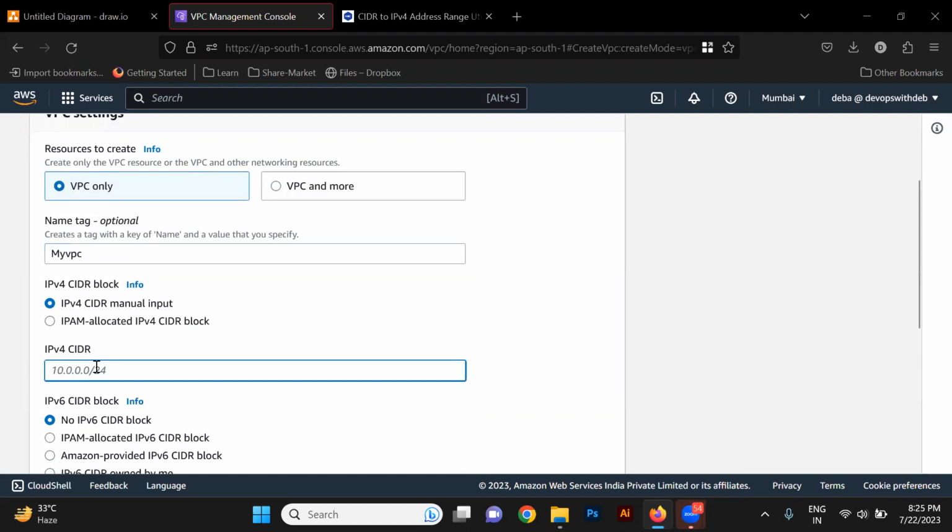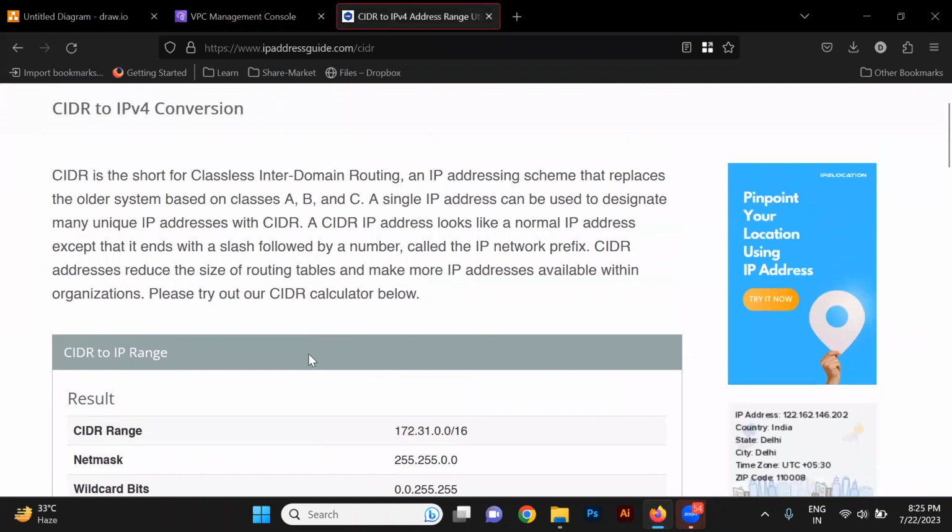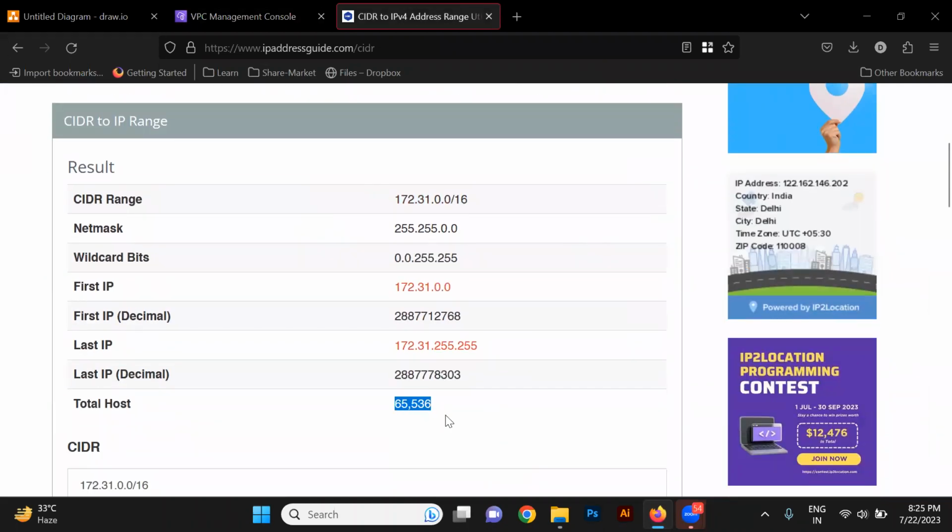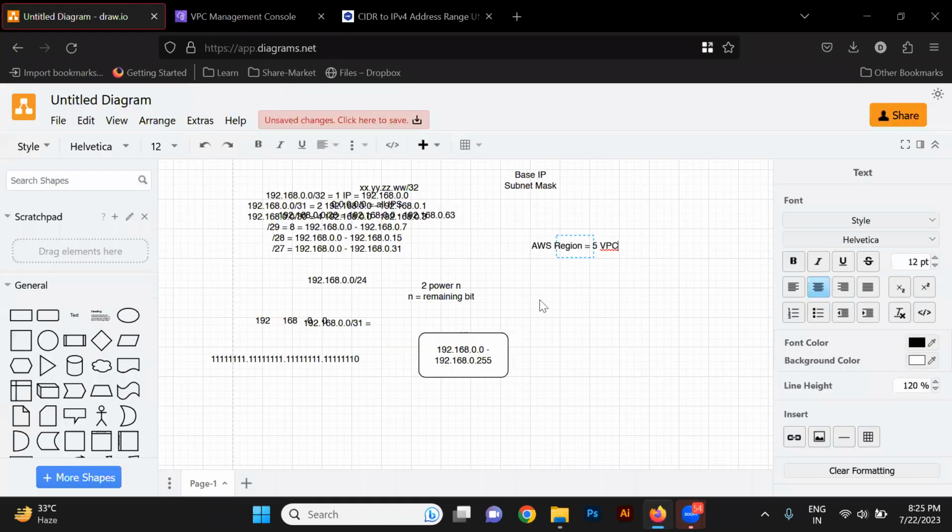And what will be the CIDR block? Let's take it as 10.0.0.0/16. /16 means 2 to the power 16, right? So 2 to the power 16, as already told you, is 65536. Total hosts will be 65536. But this point should be remembered that AWS reserves the first 5 IPs